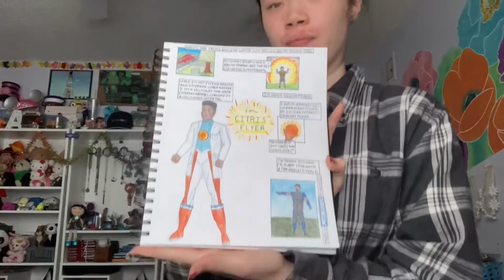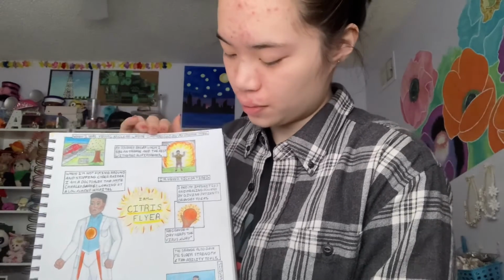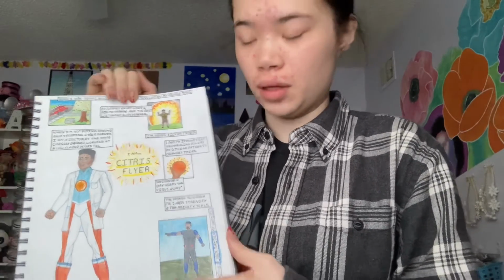The second to last piece that we were instructed to make was to design a superhero and how they would help with the coronavirus, because by this time we were in quarantine. And this is what I created. A whole little comic strip of his powers and origin, along with his enemy,